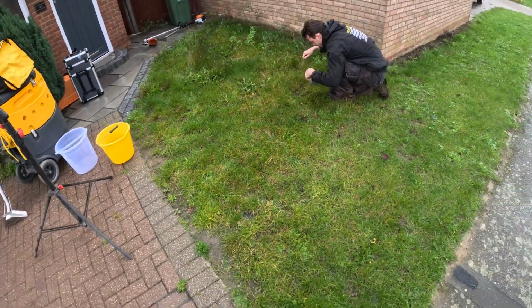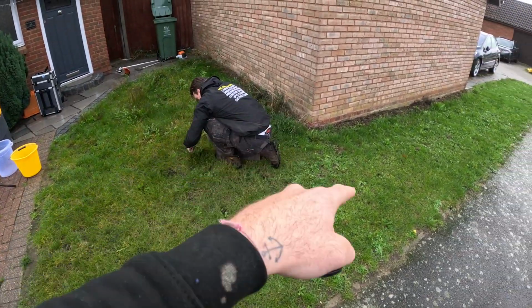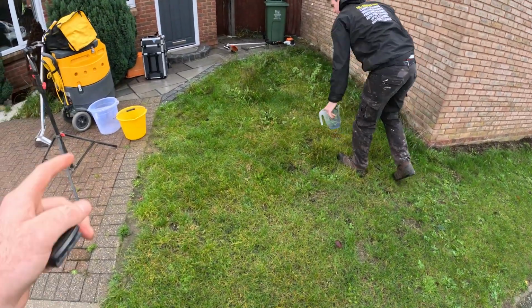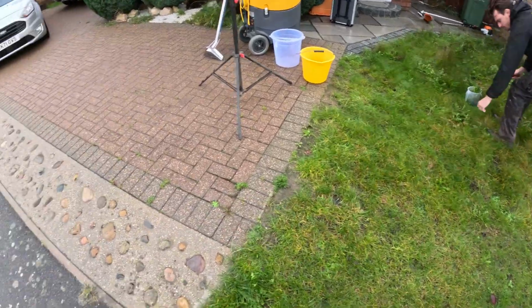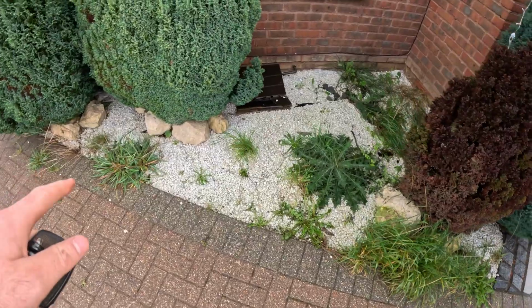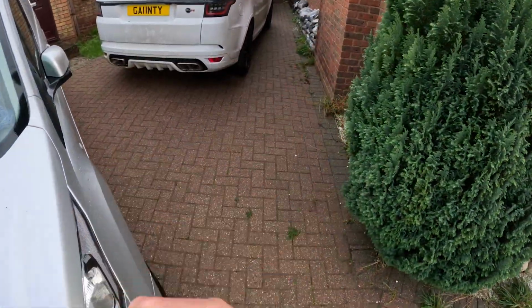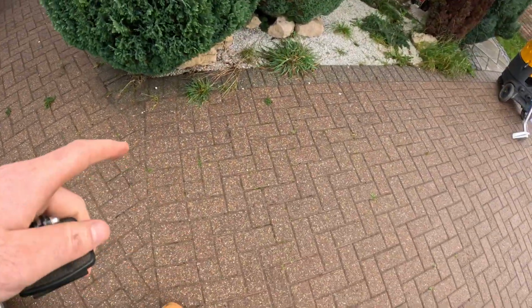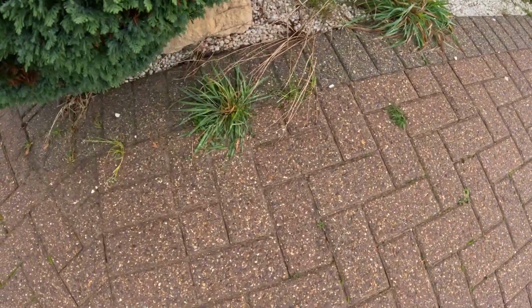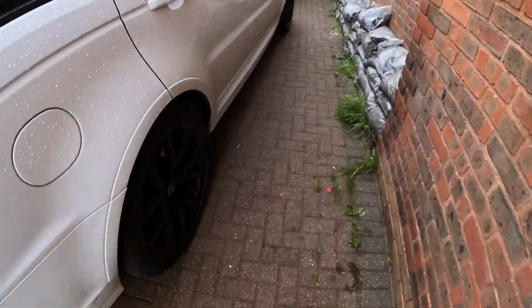Right, so here we are back at the job now. This is the grass area here, just up to the garage line, I believe. Dan's going to trim it all down, remove all the weeds. We're also going to be removing all the weeds from this section, this stony section, and then it goes all the way down there as well. We're going to be cleaning up the driveway, so you can see the weeds are starting to pour out. We only cleaned it about 6 months ago, so it's not going to be a huge change in colour,